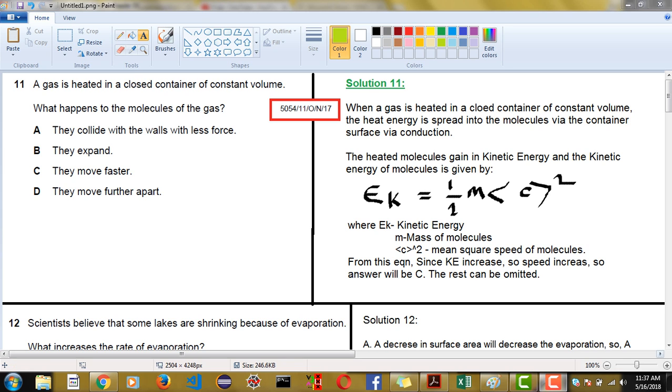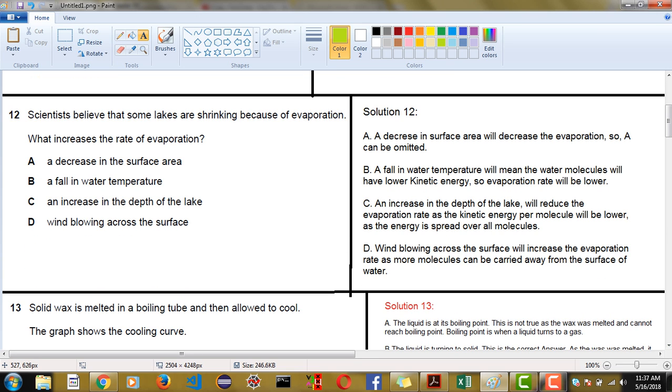Okay, now I move to question 12. Today is actually easy questions. Here it says scientists believe that some lakes are shrinking because of evaporation, and it's asking what increases the rate of evaporation. First of all we need to know what evaporation is. Evaporation is basically the change of liquid to a gas, but it can happen at any temperature, and it depends on many factors. It depends on the surface area, it depends on the depth of the lake or water vessel,